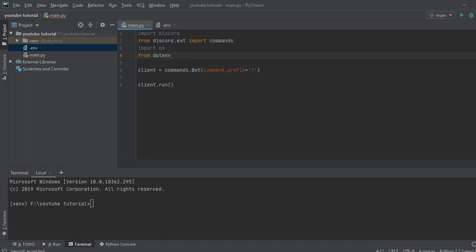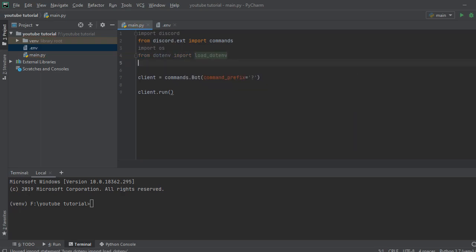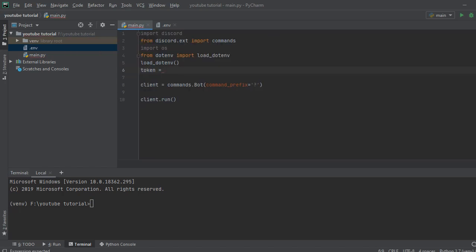Since we're only going to use one function from it, import load_dotenv, and then we are going to do load_dotenv(). That's it. Now we are going to do some dynamic stuff. If you don't want to do this, then you can just do all the steps inside client.run, but we're going